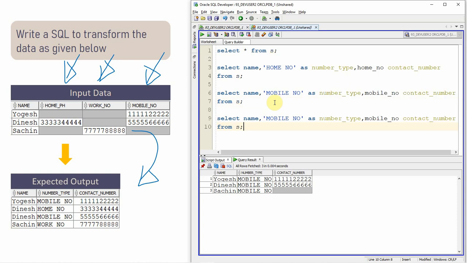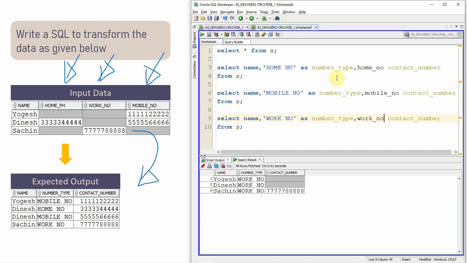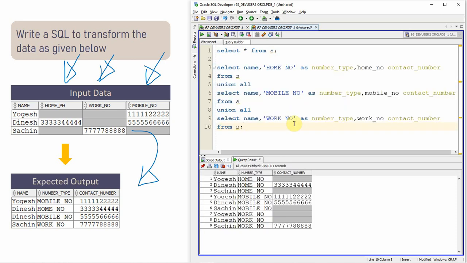Similarly, one more query let us write, which will give the work number. So instead of mobile number, let's say this is work number. Okay, so we got all the 3 numbers in 3 different queries. Let us put all of them together with union all. Yeah, now we got all this information.